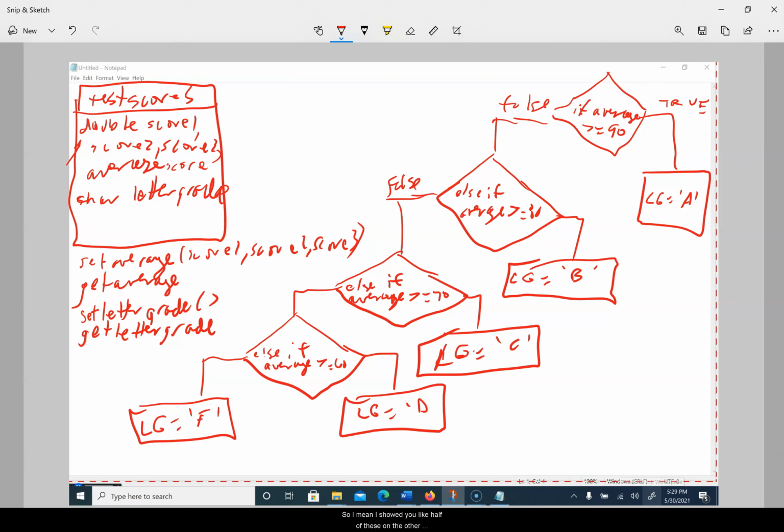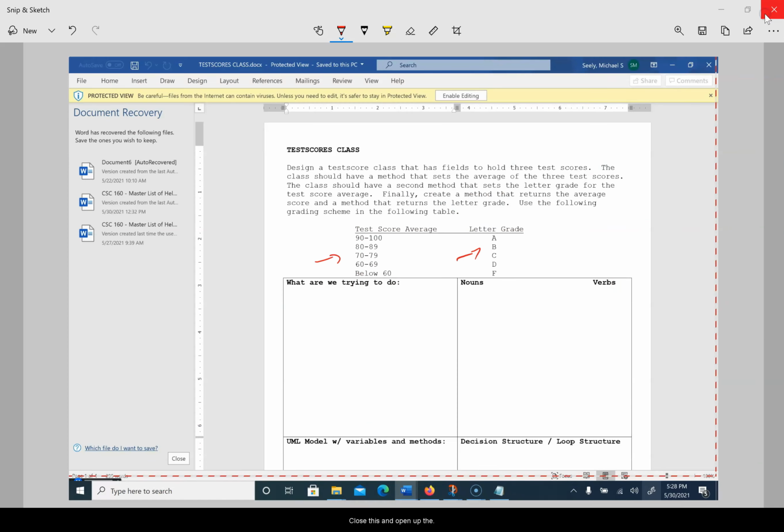So I showed you half of these on the other ones because I don't have enough room for the entire screen when I use that other document. But the UML model, we've got our different variables, and it's supposed to look kind of like that, but it gets too wide, but you can kind of see what I'm doing here. I'm going to set the average, get the average, set letter grade, and get letter grade, because the average is like your overall score for the class if you just have 3 different test scores. So anyway, let's close this and open up